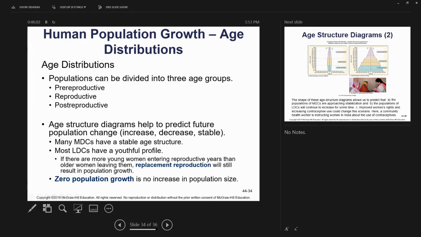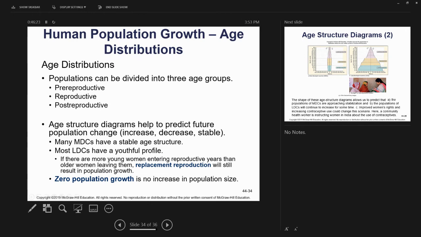So if we look at human population growth, we can see what's going to happen in the future. We want to study demographics to make predictive models about what's going to happen in the future to the population, so we can look at what's going to happen to the resources. What resources will we need in the future? And to study population growth and make predictions about what will happen in the future, we need to know what